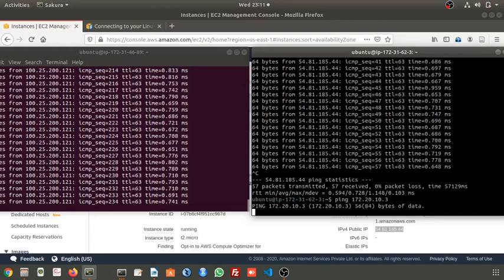So what we should do for this is create a virtual private cloud, and in the virtual private cloud we should have our own subnet. For that subnet, we have to create one internet gateway. Then these machines will be allowed to send data from their network to the other network. That's why you are not getting this response.